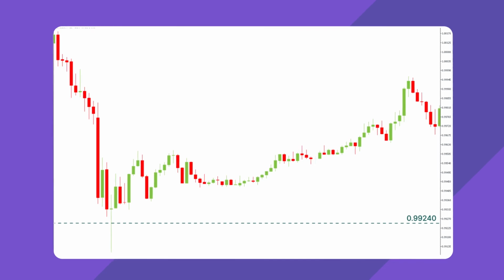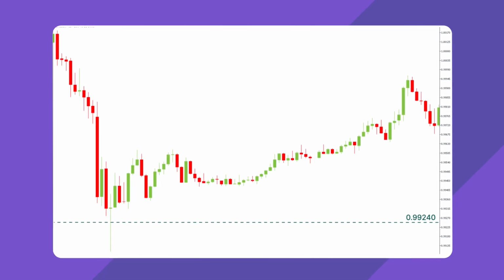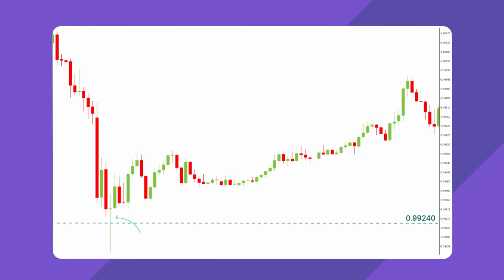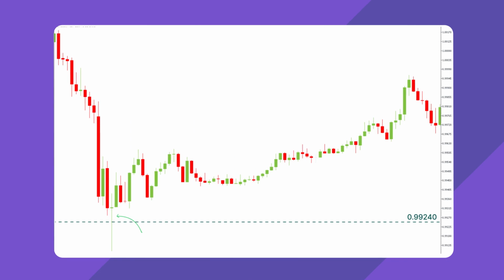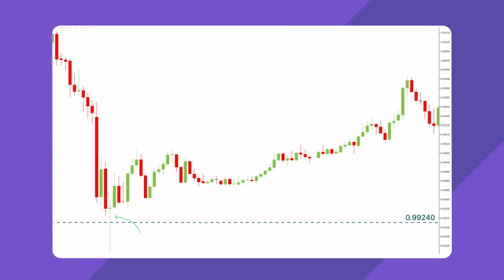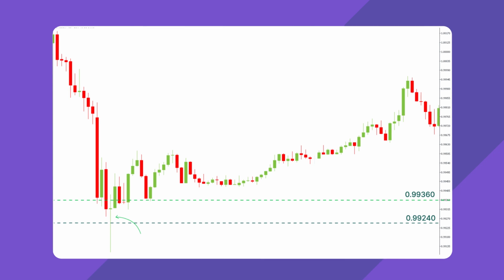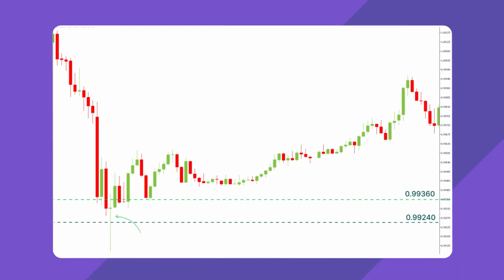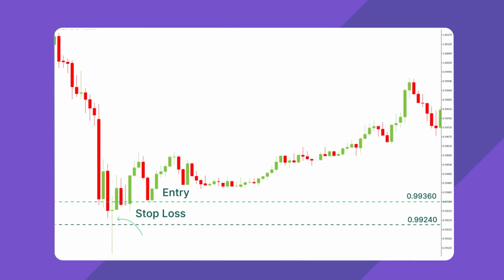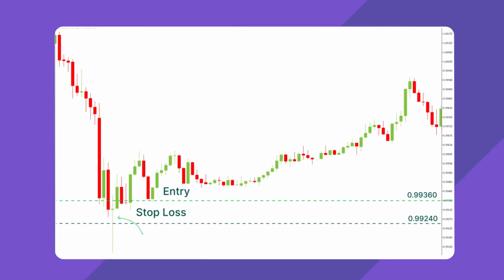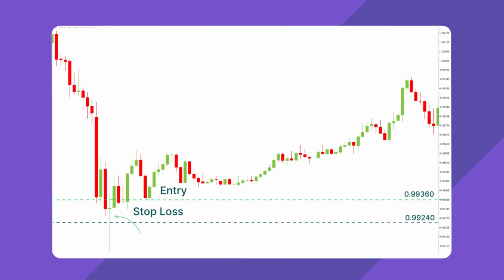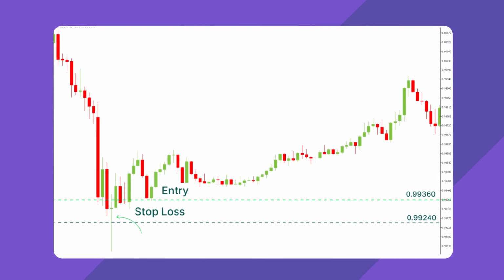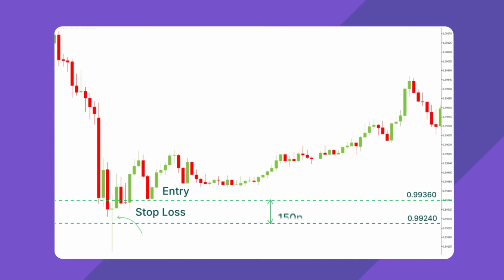But then we saw the price break below this key support line and then form a pin bar candlestick, signaling a rejection of these low prices. And in this trade, we would place a buy order at 0.99360, which is above the highs of the pin bar. Also, we would place a stop loss order 30 points below the price support level, which will be 0.99210. In addition, we calculate the risk to be 150 points, which is the distance between the stop loss order of 0.99210 and the entry order of